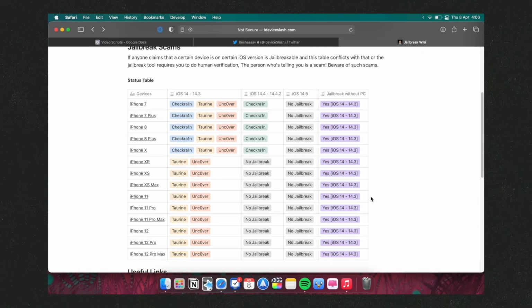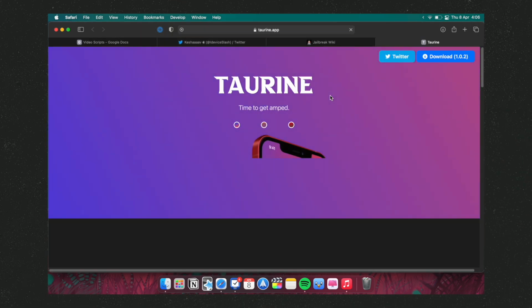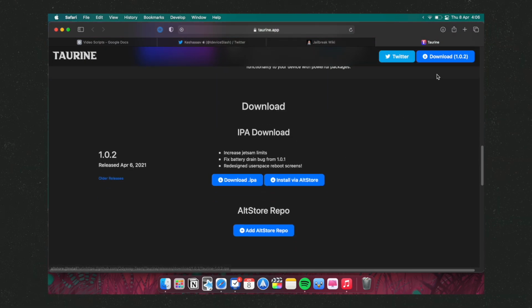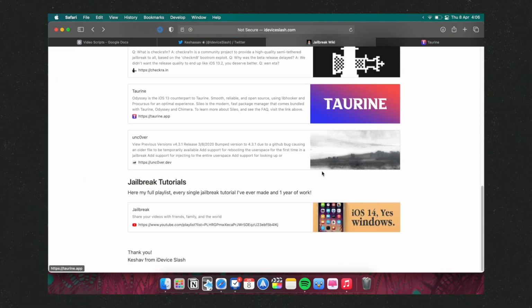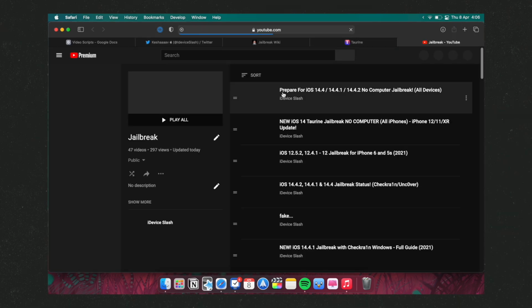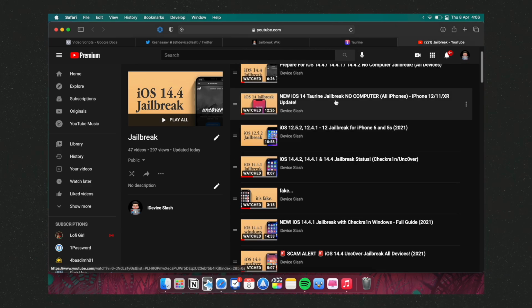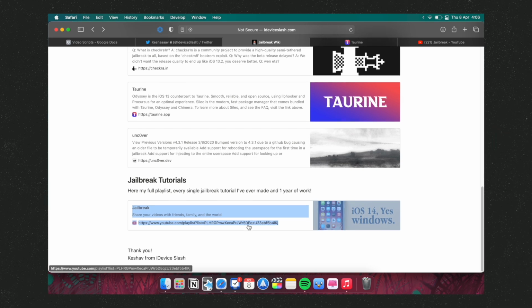Now I instantly came to know that I can jailbreak that iPhone using Unc0ver or Taurine jailbreak, and I can do that without a PC, and I can just hit the Taurine jailbreak link and it will take me to their site from where I can download and jailbreak my device. If I cannot do that, I can simply open the playlist where everything about jailbreaking is mentioned, and here is the Taurine jailbreak tutorial which I can watch to do that.